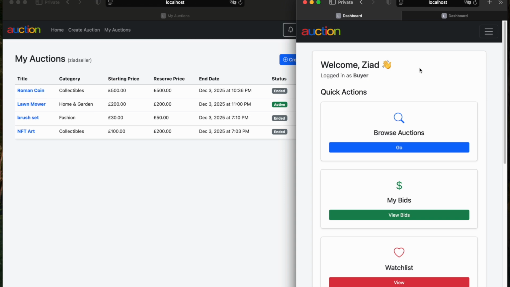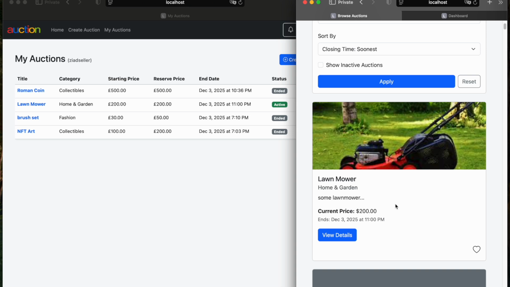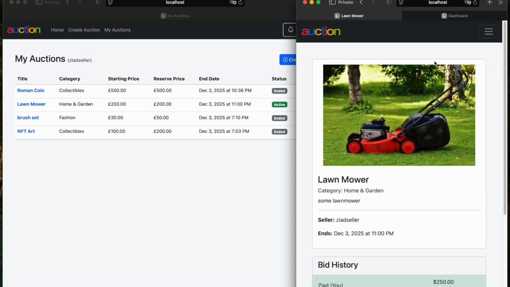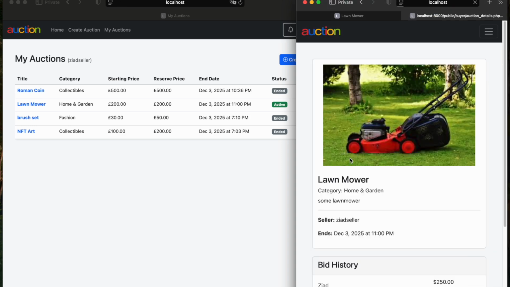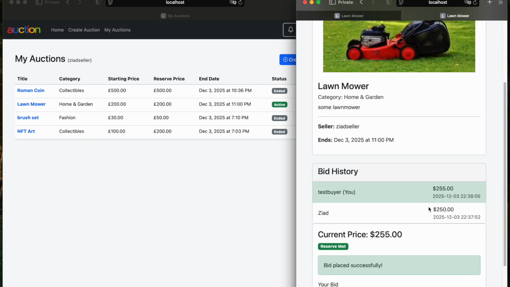Going back to the buyer's view, I can add an auction to my watch list, and I can also make a bid to this auction. Let's say 250, and then I can use the second buyer to look for the same auction and then outbid the previous buyer. So we can see that Ziad made a $250 bid, and then a $255 bid was made